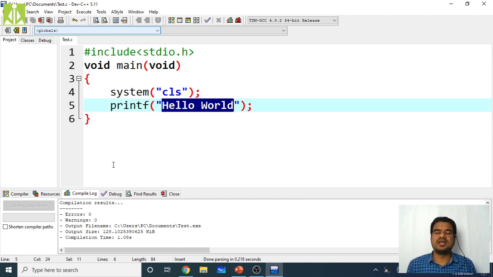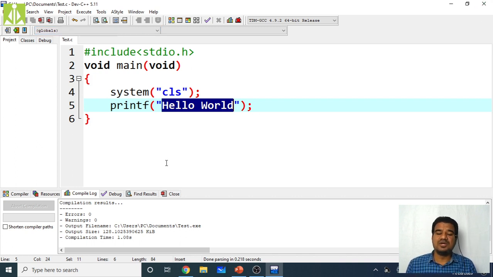Throughout this semester, inside this PPS subject, programming for problem solving, we are going to do this only. We are going to write the programs, execute the programs, and check the output. In order to write those programs, many things you have to understand. Those understandings we are going to have inside your theory classes. Hopefully you got this point.